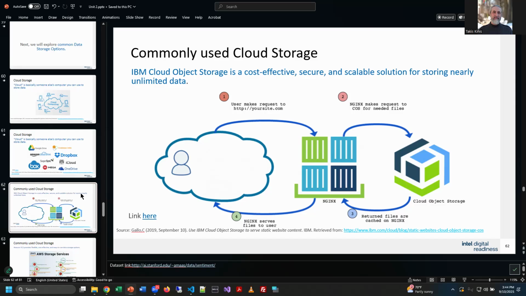They start to talk here and they have this example, and I feel like I should explain it a little bit. If you store stuff in the cloud, how does it sort of work? You're sitting here on your local computer connecting through the internet, and you connect to your website. Nginx is web server software, so this is what runs the website.